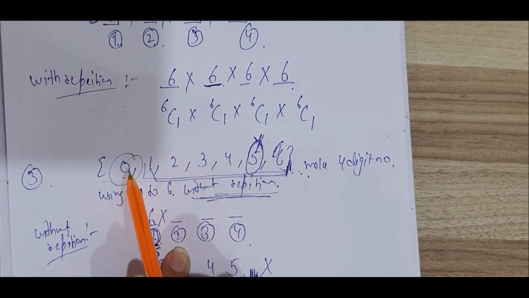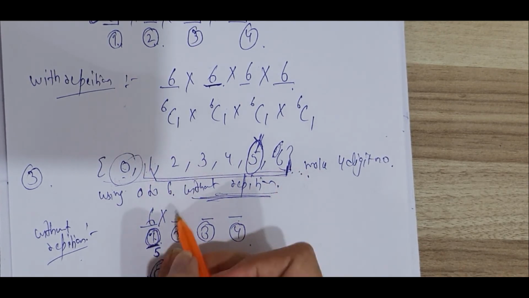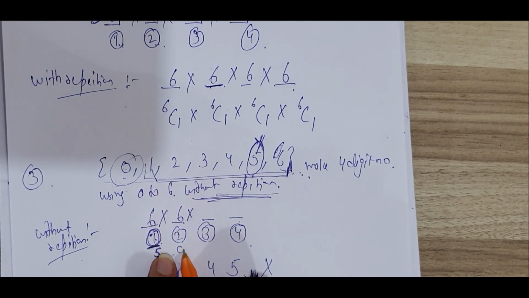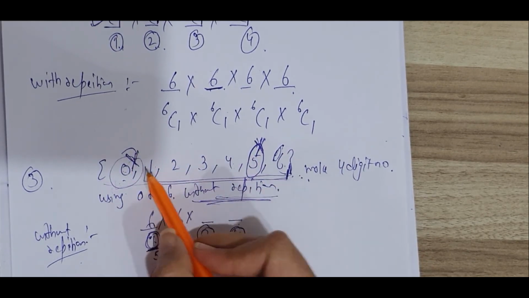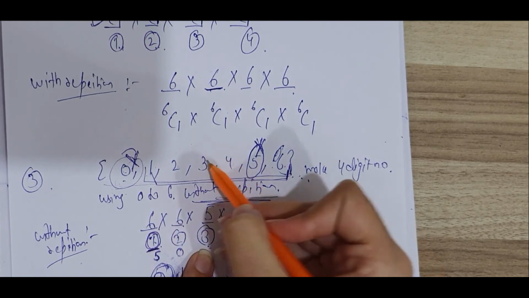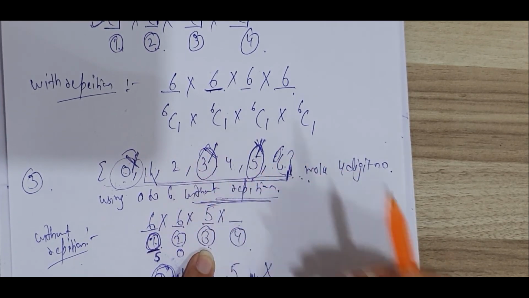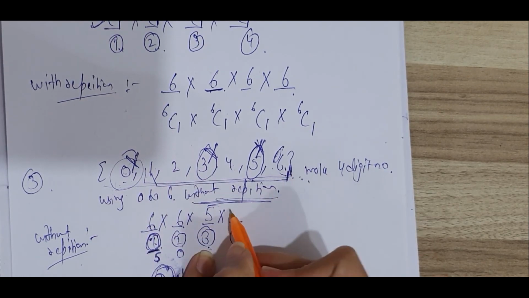See, how many digits are we left with? 1, 2, 3, 4, 5, 6. Again, we are left with 6 digits. Suppose I use 0 here, so we can't use 5, we can't use 0. 1, 2, 3, 4, 5. Now we are left with 5 options. If I use 3 here, then see our options: 1, 2, 3, 4.